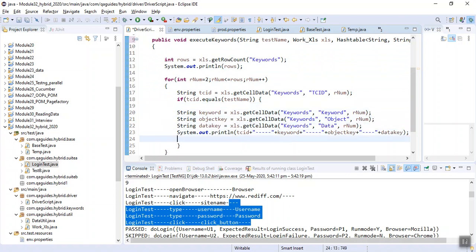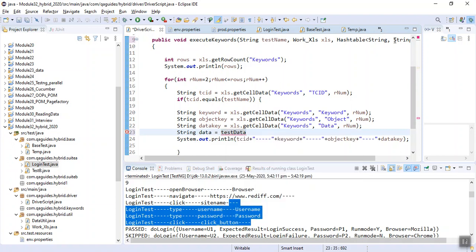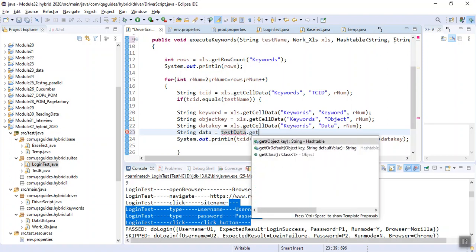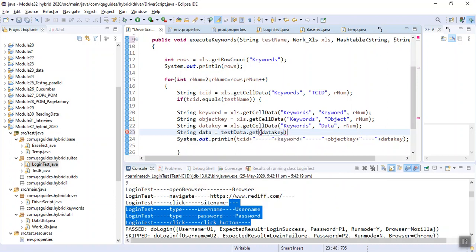So let's get the data also. So what I do, I go here: String data is equal to testData. It is a hashtable. Dot get the data key. Okay, we have the data key. What is data key?